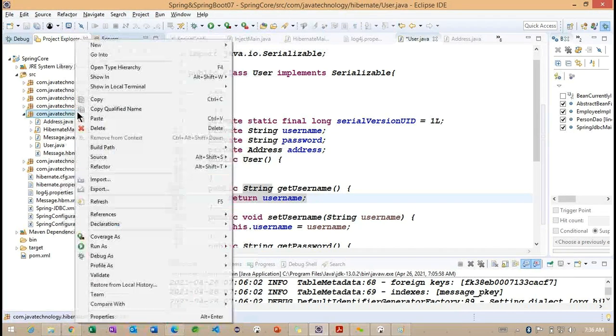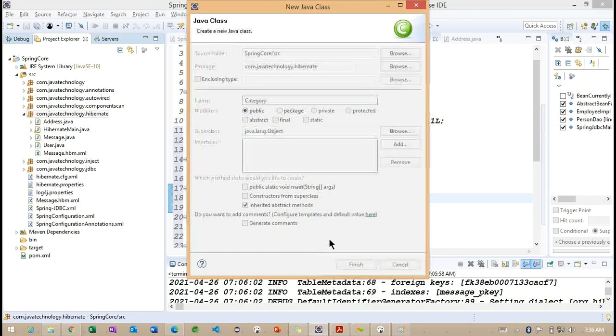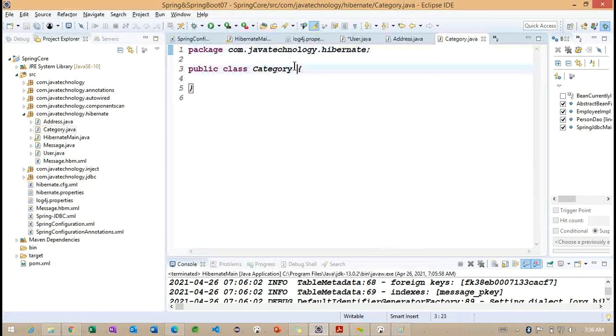And inside this category, we'll have more information on this association. So it's nothing but how these two objects are going to communicate internally. So let me add this category section here, and I want to implement the same Serializable information.